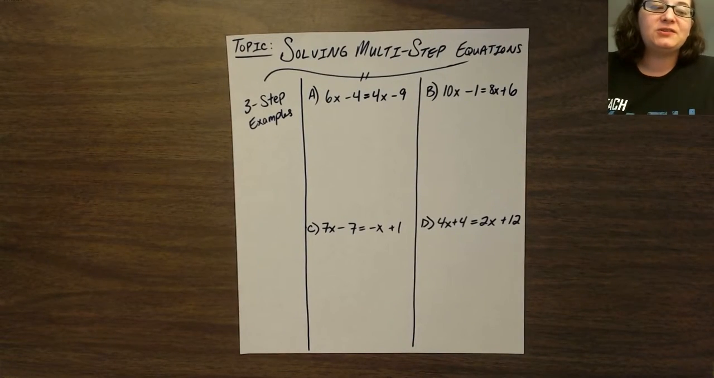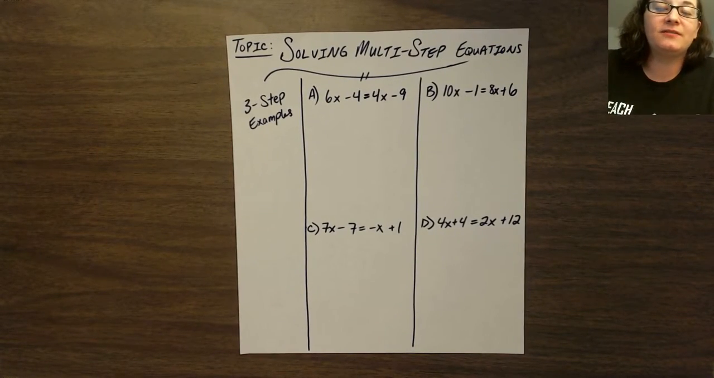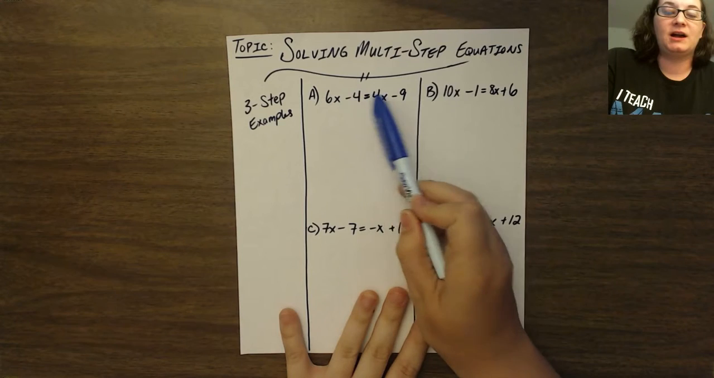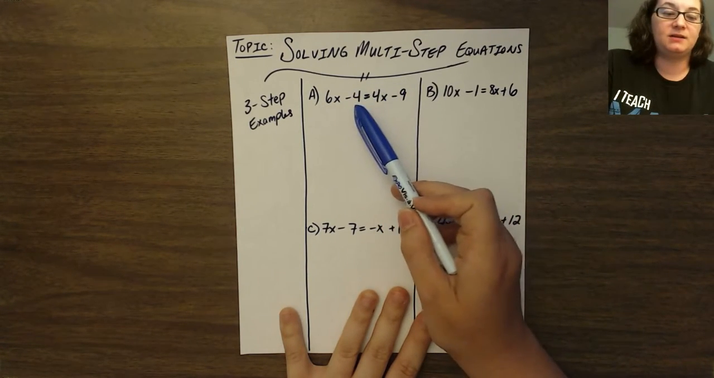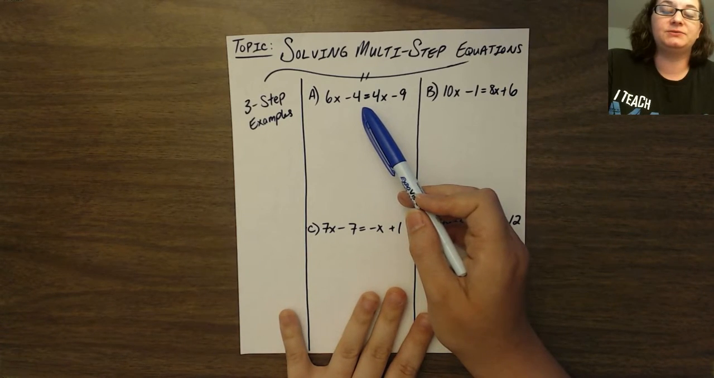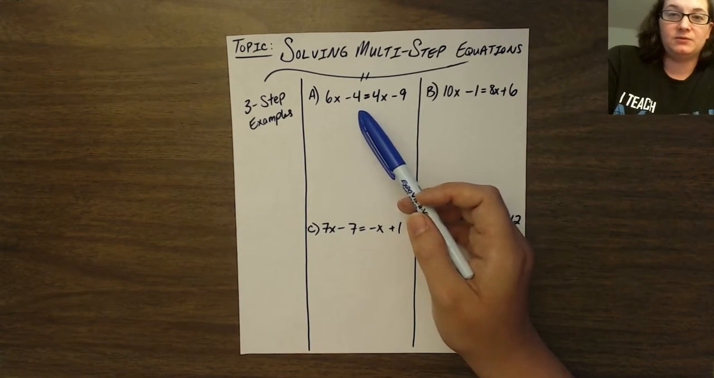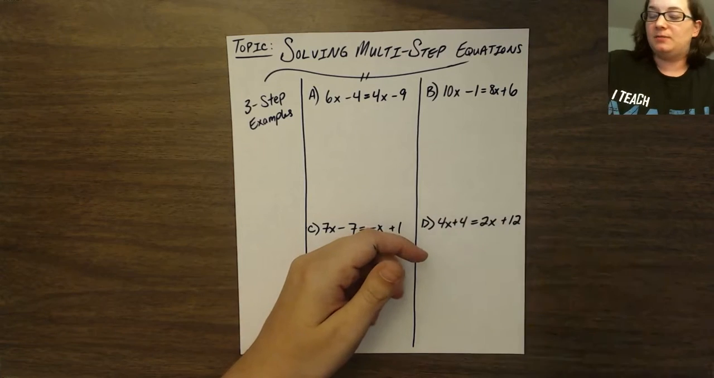Hello, in this video I'm again still talking about solving multi-step equations. I'm going to do three-step examples this time. This is generally, I have one variable, they're on more than one side, and I still have to solve for that one variable. So in this problem,